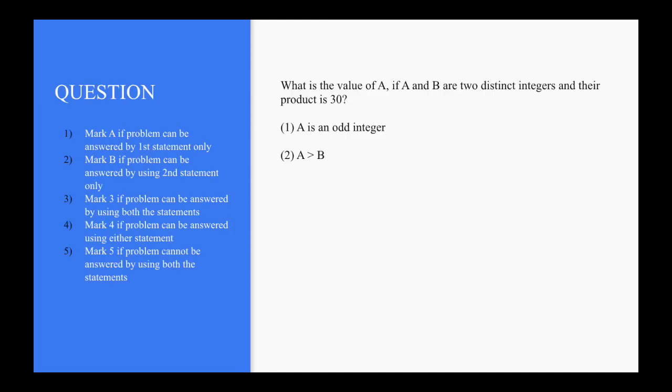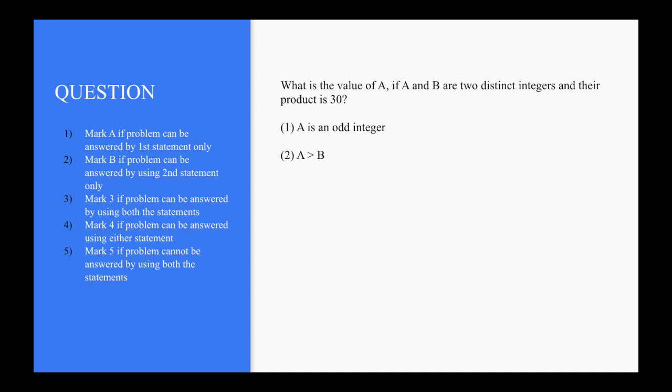Let's focus our attention on the second part of the questions which are asked in GMAT. In GMAT, normally you are asked two types of questions. One is problem solving and another is data sufficiency. Problem solving is a bit straightforward, but data sufficiency is a little bit on the complicated side. But if you use your presence of mind, then you can get the answer very quickly and easily in data sufficiency also. And 50% of the questions which you will get in a GMAT examination in the quant section would be data sufficiency and